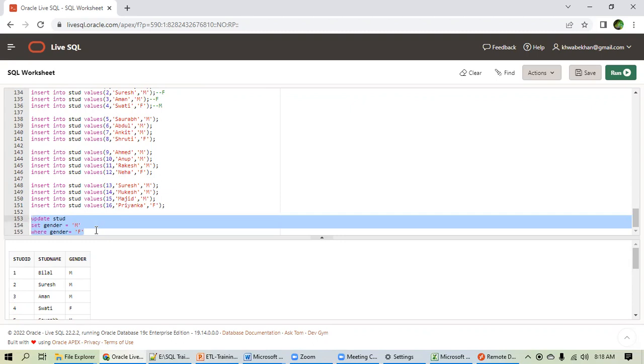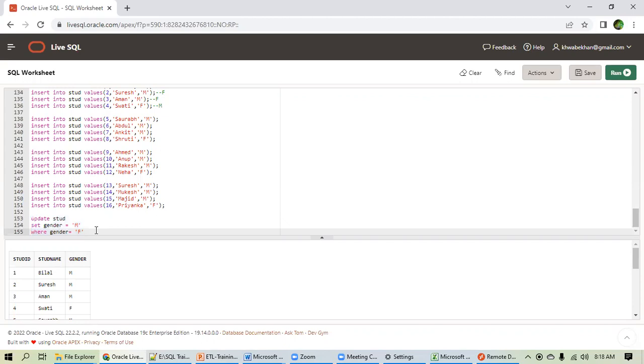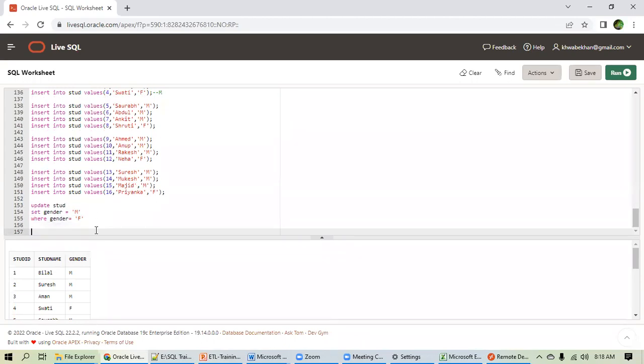Is this the question? No, we have to swap both the values. We have to swap both. It is fine here. F will be changed to M, but what about M? Right? We have to swap both. So in that case, what we will do, I will write update student